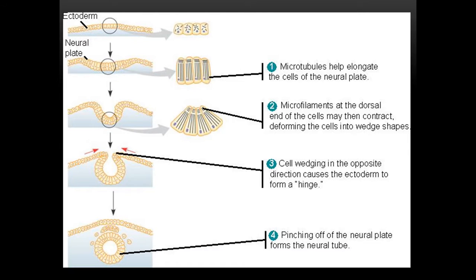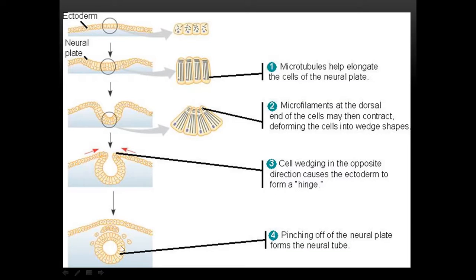The median hinge point will allow the neural group to sink towards the coelomic cavity of the animal, and later on, wedging in the opposite direction will be facilitated by dorsolateral hinge points, as you can see here. These dorsolateral hinge points will later on allow the pinching off of the neural plate to become a closed neural